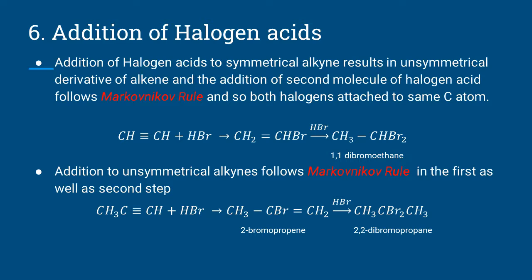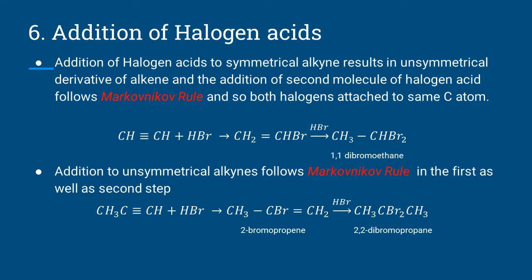In the last class we have seen addition of halogens. So halogens add to alkynes to form dihalides and tetrahalides. How about addition of halogen acids? So halogen acids add to alkynes to form a halide derivative. Say for example, acetylene adds to HBr to form CH2=CHBr, vinyl bromide, which adds to one more molecule of HBr to form